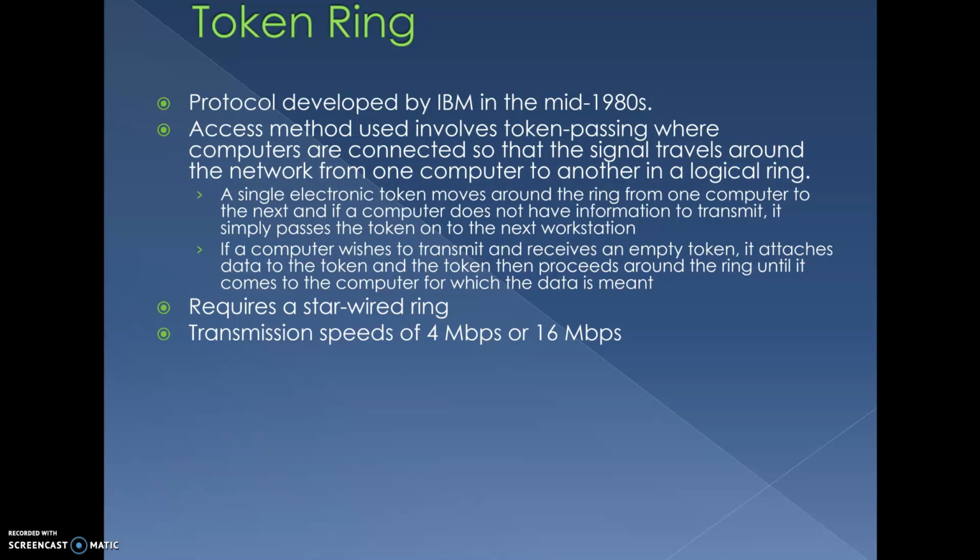Token Ring. This is a protocol developed by IBM in the mid-1980s. The access method used involves token passing, where computers are connected so that the signal travels around the network from one computer to another in a logical ring. A single electronic token moves around the ring from one computer to the next, and if a computer does not have information to transmit, it simply passes the token on to the next workstation. If a computer wishes to transmit and receives an empty token, it attaches data to the token, and the token then proceeds around the ring until it comes to the computer to which the data is meant. It does require a star wired ring, and transmission speed is 4 megabytes or